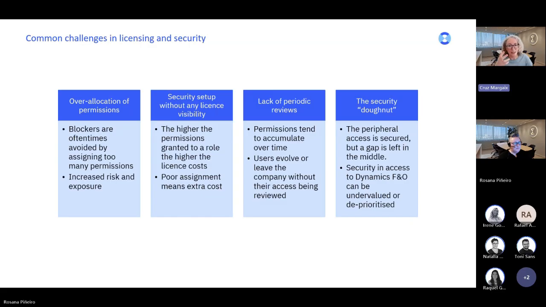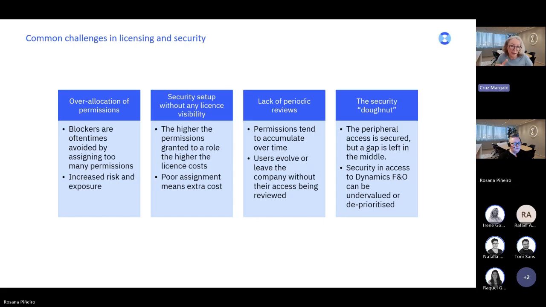And this reason is that over-allocation of permissions is the easiest and quickest way of avoiding a user getting blocked doing their job. However, this over-allocation not only means an increased license cost, but also higher risk and data exposure.